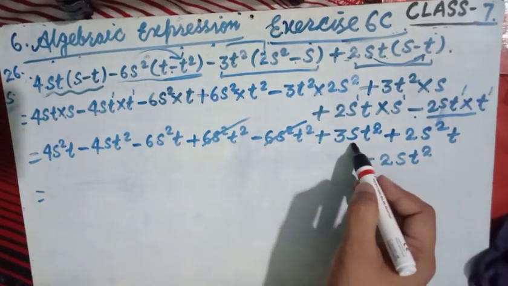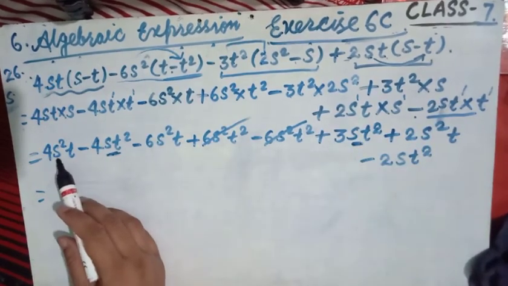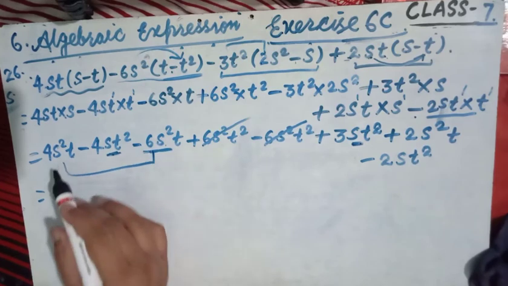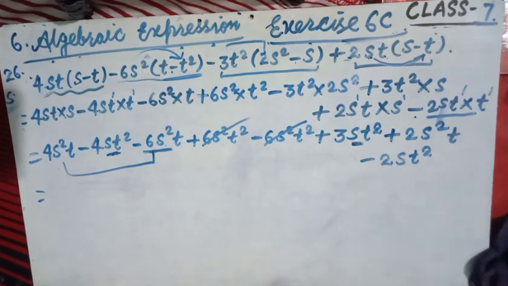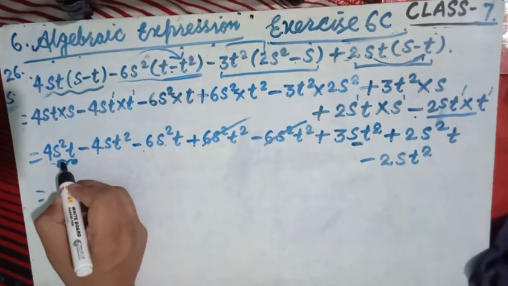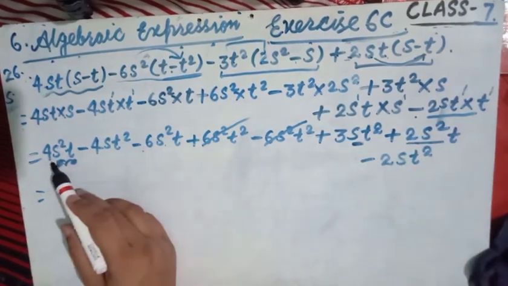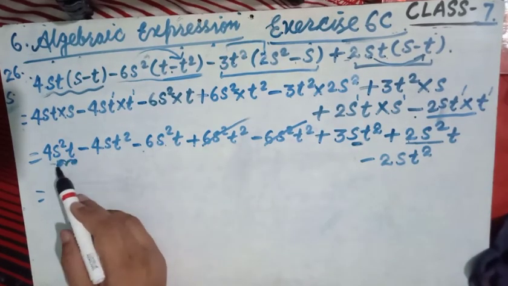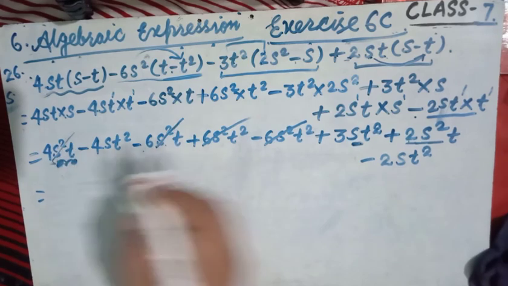St square term, yes, here st square term, here st square term, this is the same like term. And for s square t, s square t is here. Now 2 s square t. Now friends, see, for s square t, here is the 4 and here is the s square t 2. That means we have to add both the terms having positive sign. 4 plus 2 is 6, 6 s square t. Here is the minus 6 s square t. That means this term and these two terms will get cancelled.